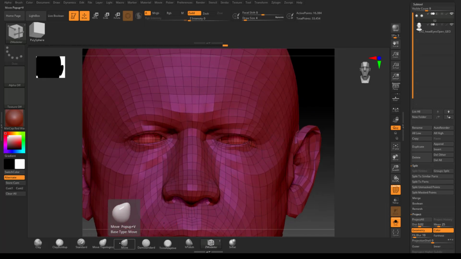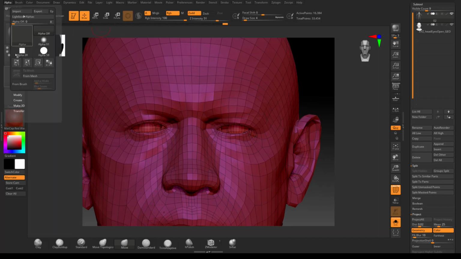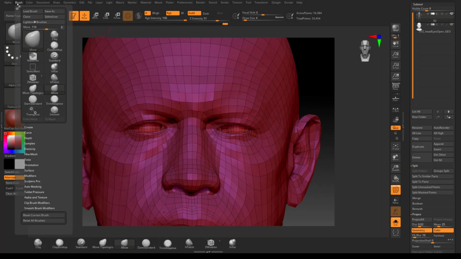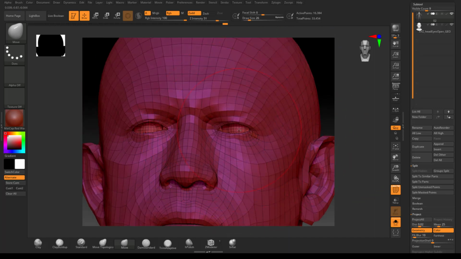I'm going to use move tool and make sure that it's only affecting polygroups. So for that, auto masking polygroup. So now we can move only polygroup, and I'm removing my symmetry. So